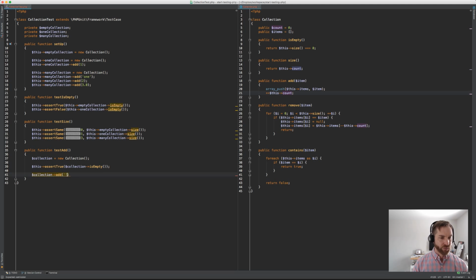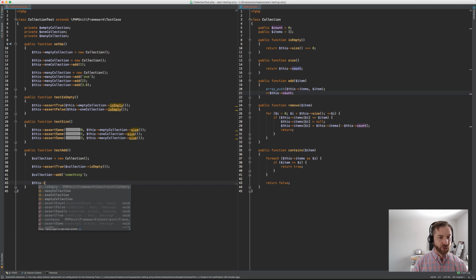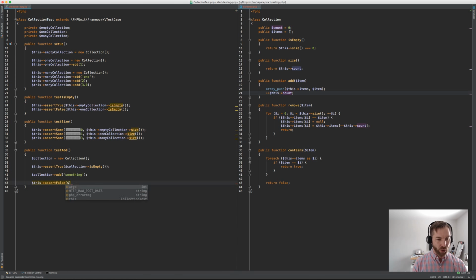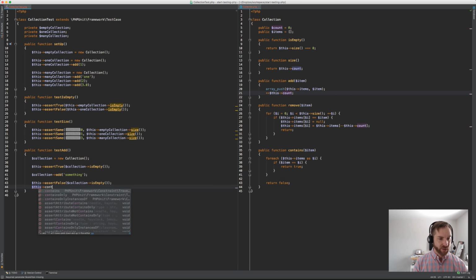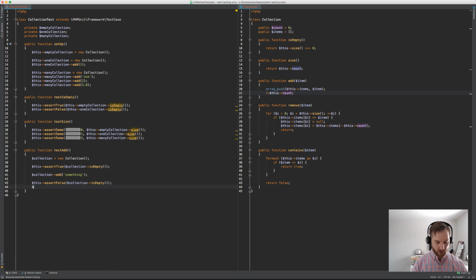let's just add something. Let's put that H back in there. There we go. And then now we can do a couple different assertions on it. So let's assert false, since we would expect it to no longer be empty. Again, we're just testing a lot of its behavior. We could also jump ahead and test contains. We could just give it the full gamut here. Let's make an assertion,